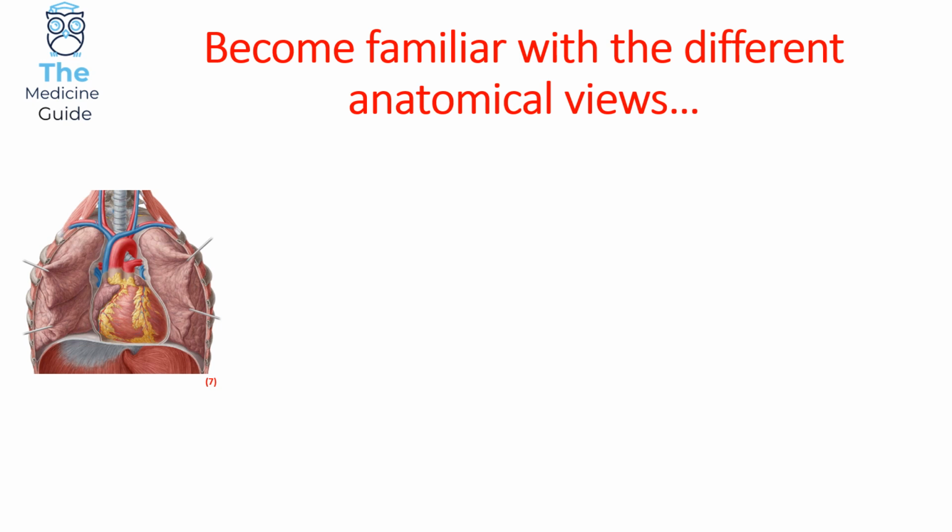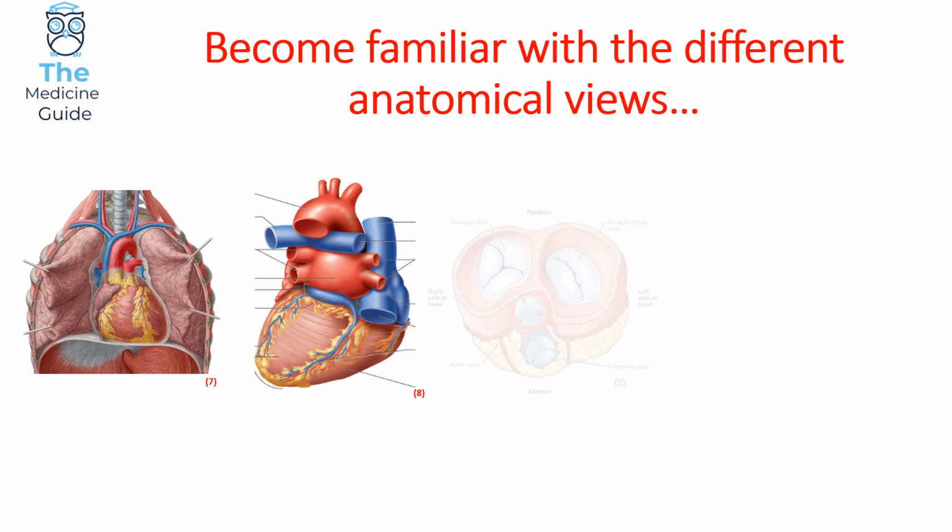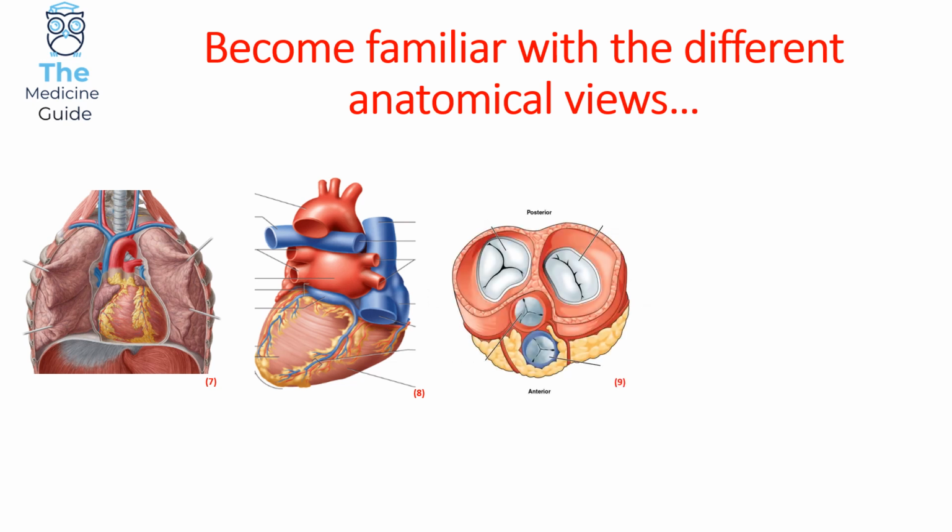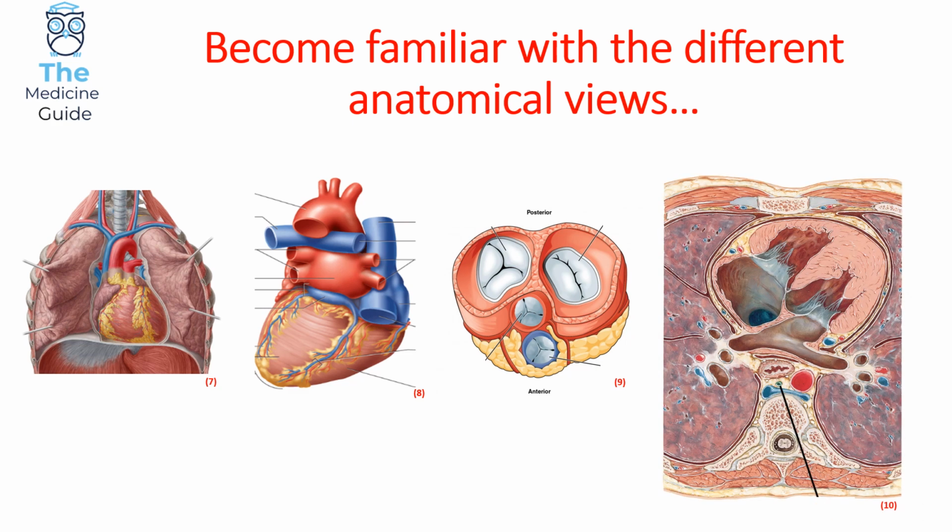You might get asked to identify the structures of the heart when the heart is in this view, so the posterior view, or even this view. So this is a more superior view of the heart valves, or potentially even this view. So it's important that when you're making your anatomy notes that you find as many diagrams with different orientations of the particular organ, just so that you become more familiar with the different views, and also that you become a little bit more confident when you're asked to identify different structures,